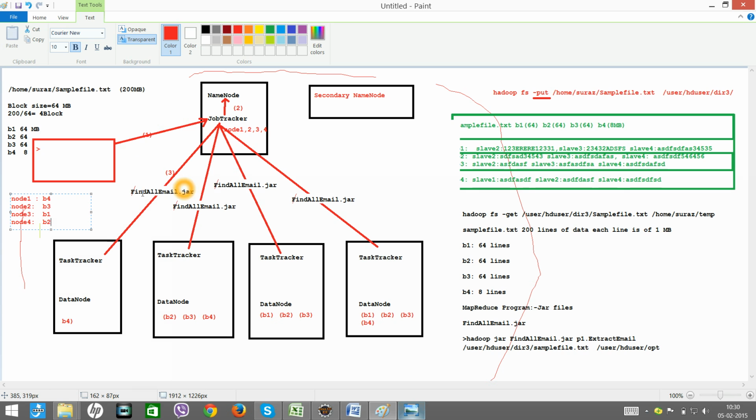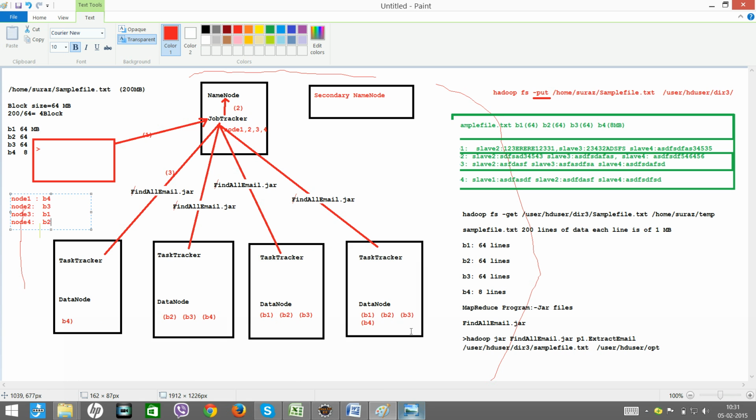Okay, so the same jar file will work here, the same jar file will work here, the same jar file will work here, the same jar file will work here by the task tracker. Now that means this task tracker will process 64 lines, this task tracker will process 64 lines, and this one will process 8 lines only, right? Yes, this task tracker will process only 8 lines, and the others 64 lines, 64 lines and 64 lines, right?